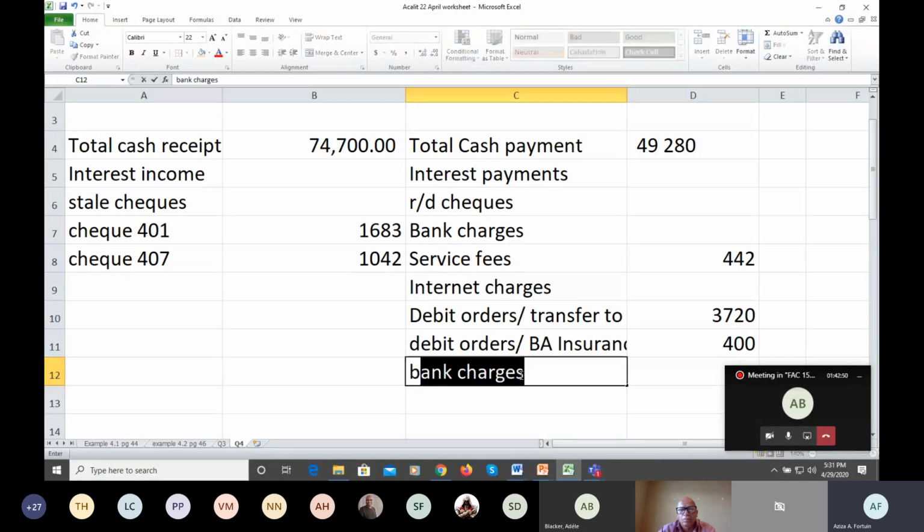So let's put here BBAM, okay, and 5517 minus